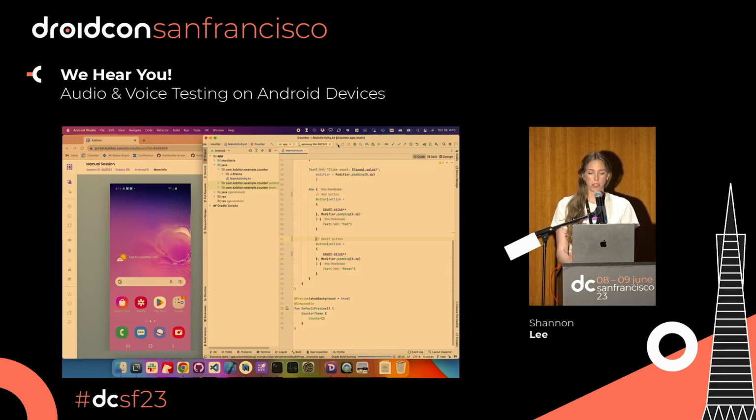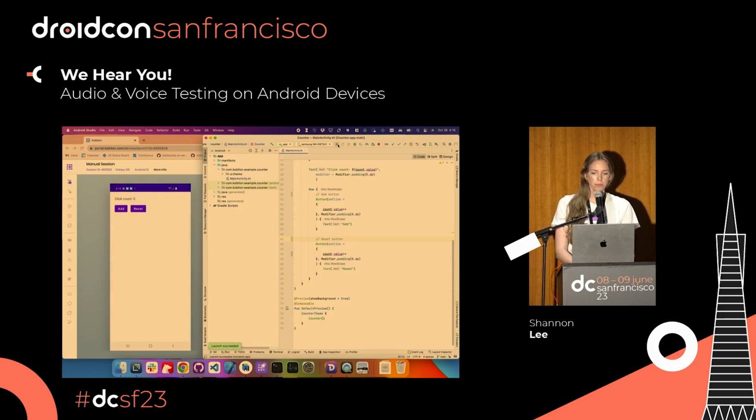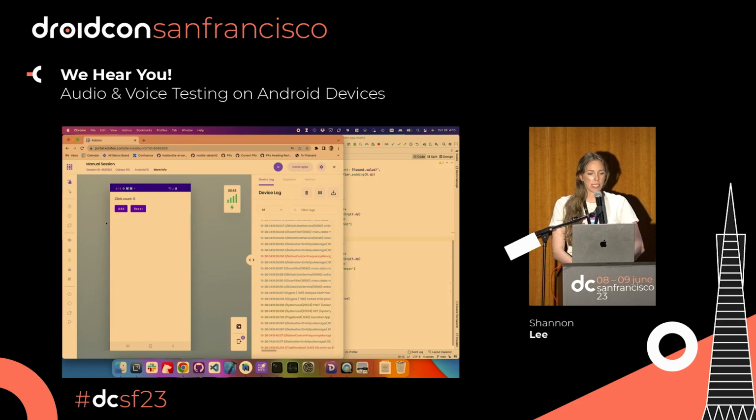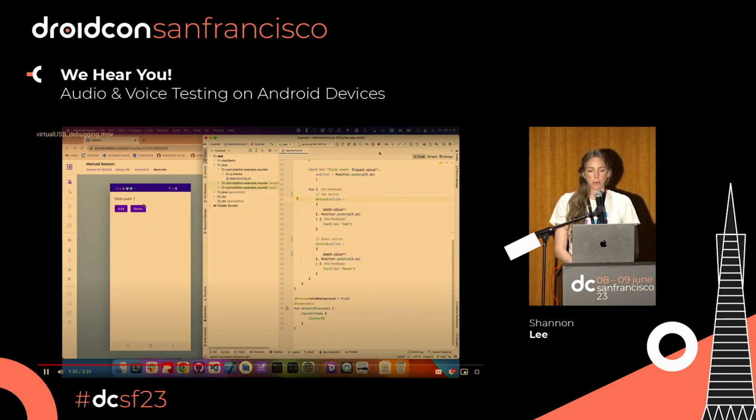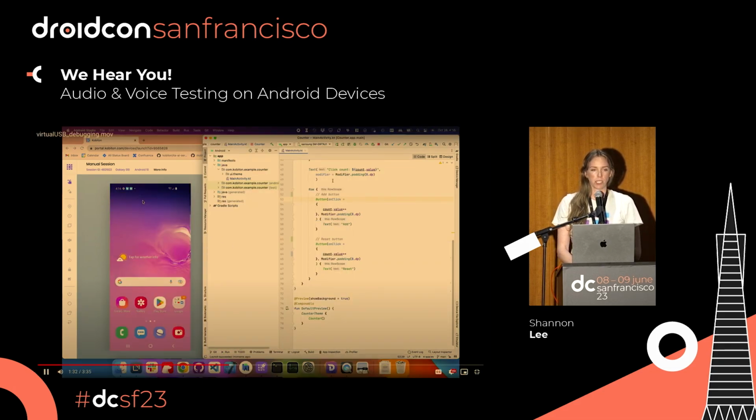All this is happening in real time, even from a demo video standpoint. So here we have the application launched on the device. I can make interactions with this application, so really being able to be a drop-in replacement for emulators, as emulators only really capture 2/3 of, say, your development, your testing. I can see here in the application that when I'm hitting reset, it's actually not resetting the count.